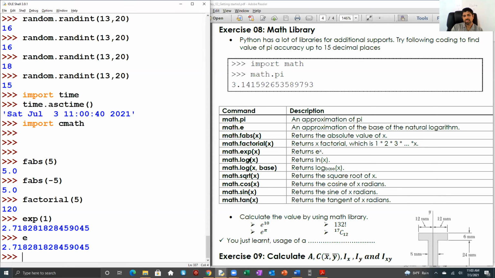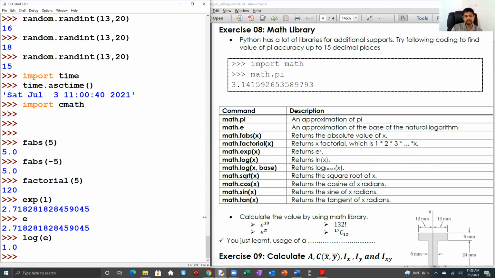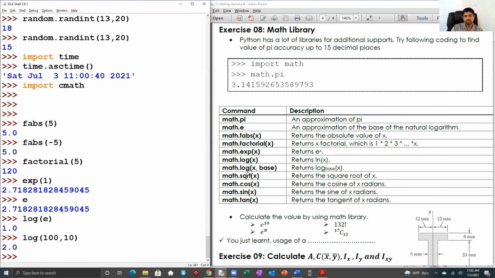The log function will return the natural log, for example log of e to the power of 1. If you want, you can specify the base as an optional argument. Then it works with that base. Right, log 100 base 10. Square root means we can get the square root. Cosine, sine, tan, likewise. Okay,